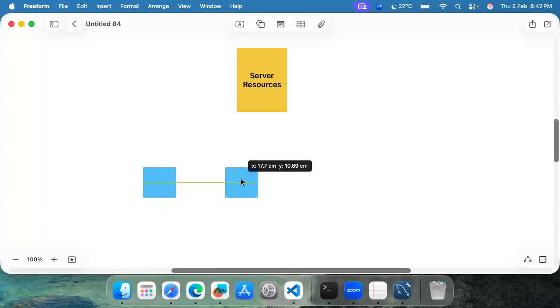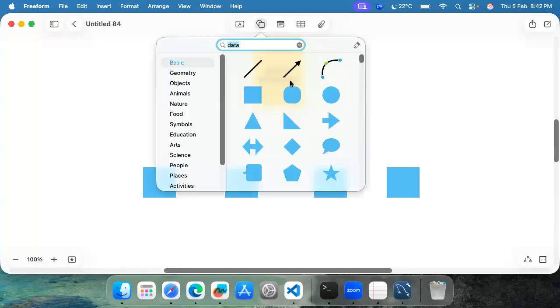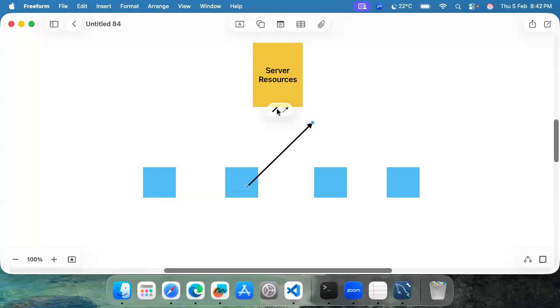So we have clients, and all these clients want to access the resource from the server. Usually what happens is, when the first client makes a request for that resource,